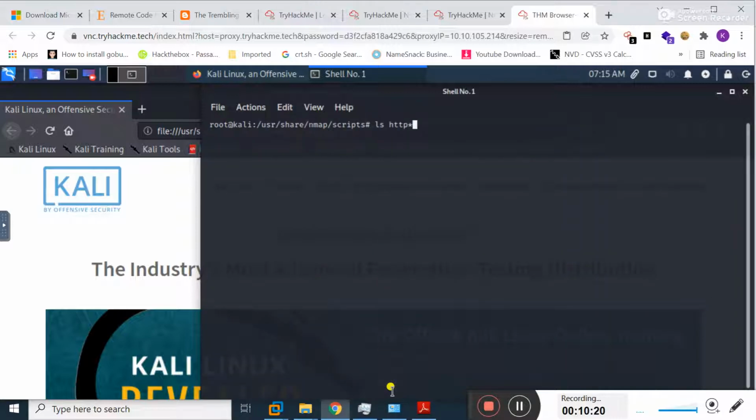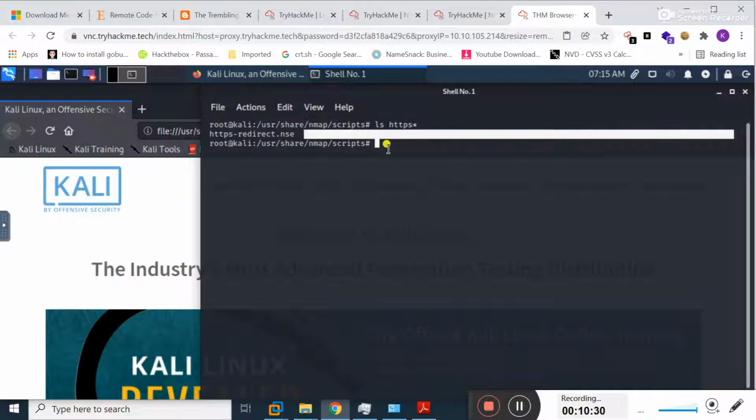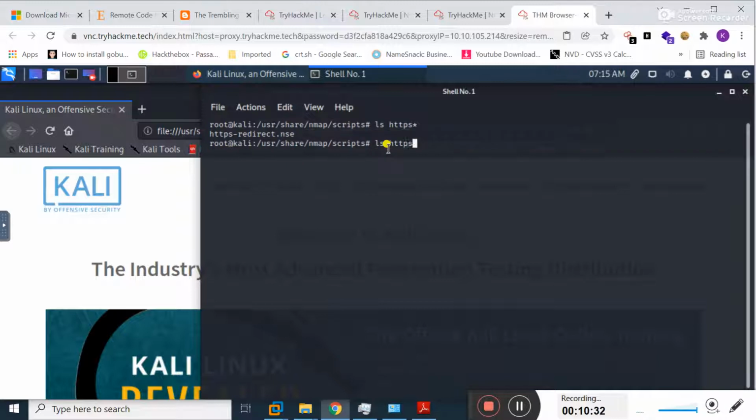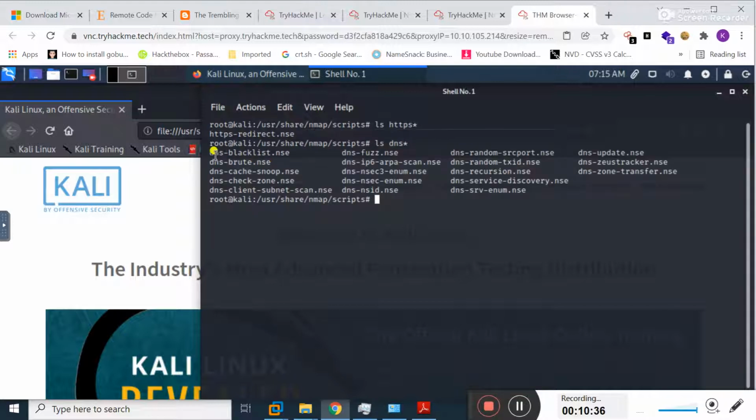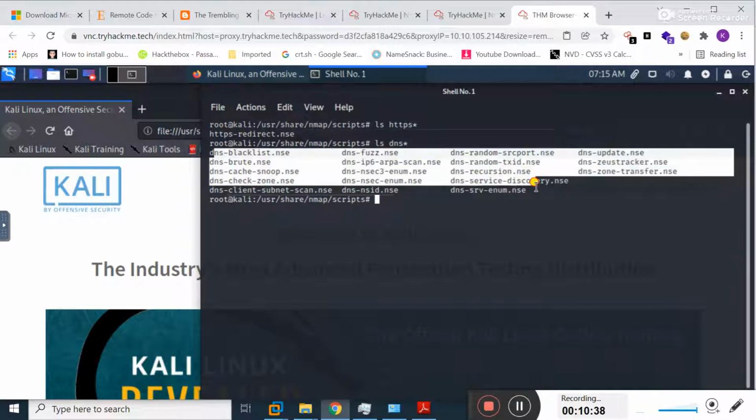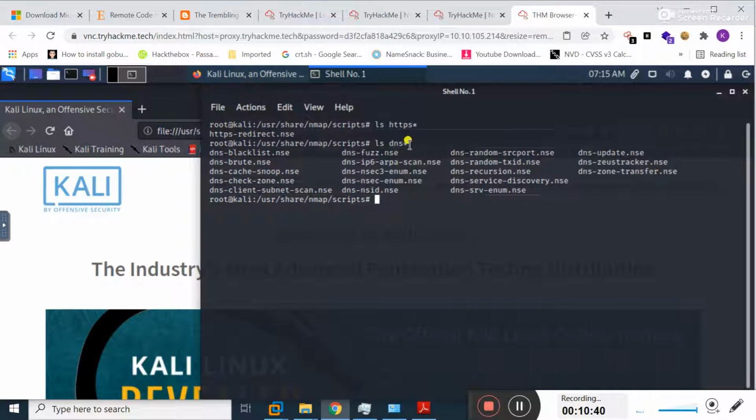You can check any protocol. If I type here https and press enter, only one script related to HTTPS is presented to me. You can check the DNS scripts and then the star sign. All the DNS scripts are shown to me. So this is the way you can find your specific scripts from all scripts.